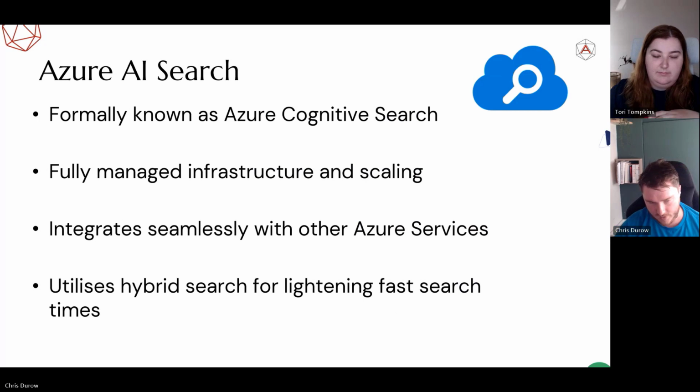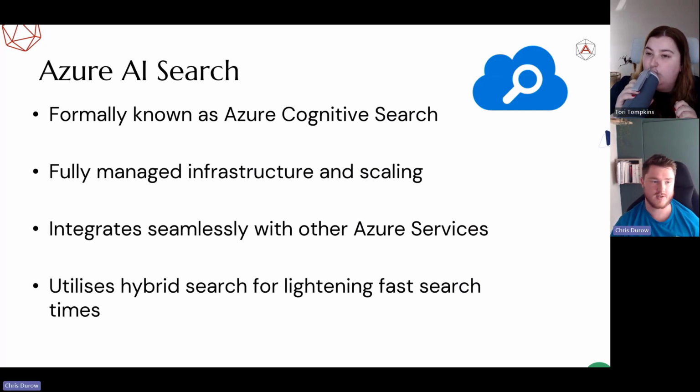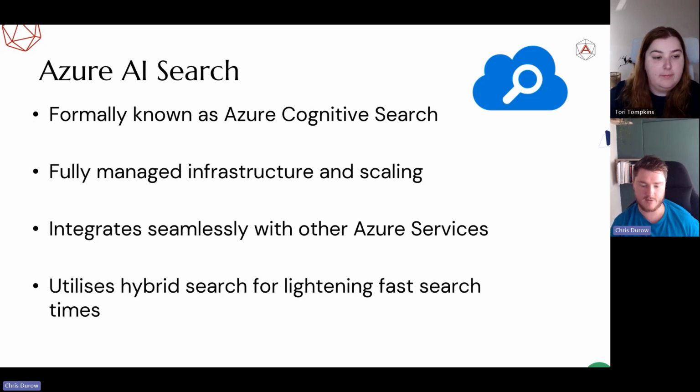Specifically, we're going to talk about AI Search, which used to be Cognitive Search. It's fully managed infrastructure, great for scaling. You can change your SKU on the fly and integrate seamlessly with other services. What we're specifically interested in is using hybrid search, where we're looking for both the strings and the vectors,